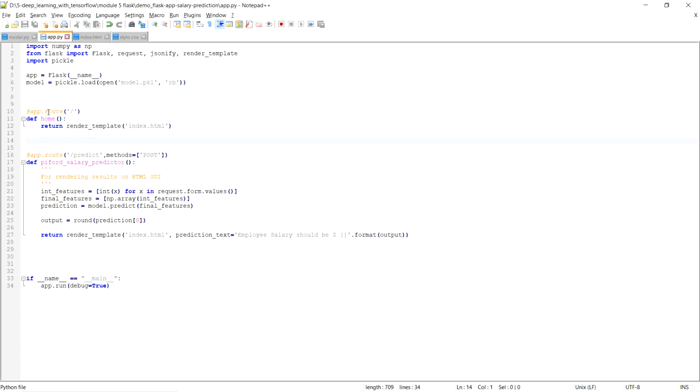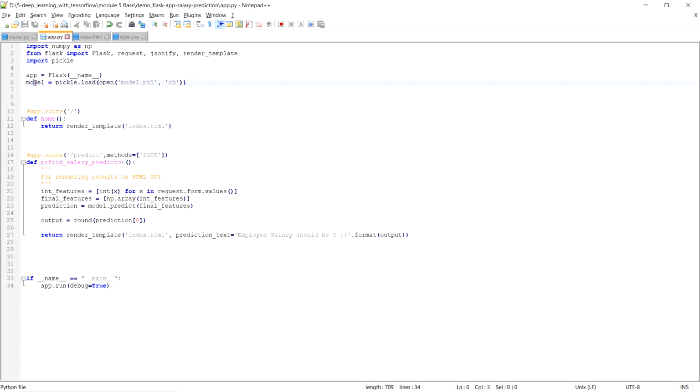If you see, every function is associated with one URL. This is the URL associated with this function, and this is the URL associated with that function. What it means is that the functionality mentioned in this function should work on this URL, right?